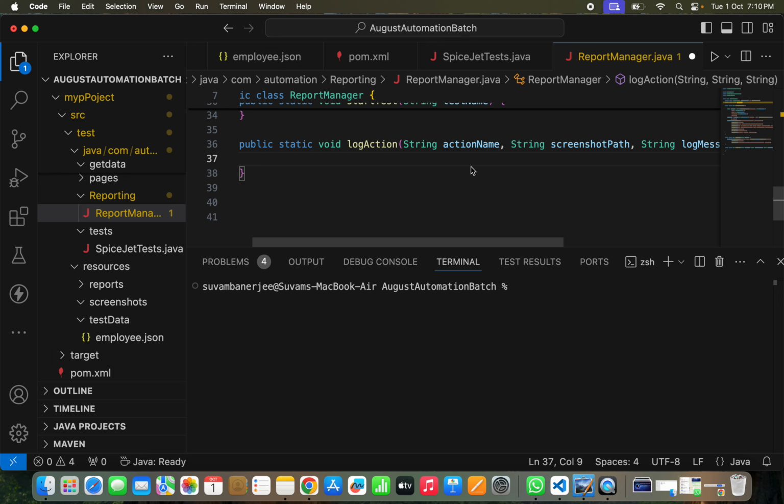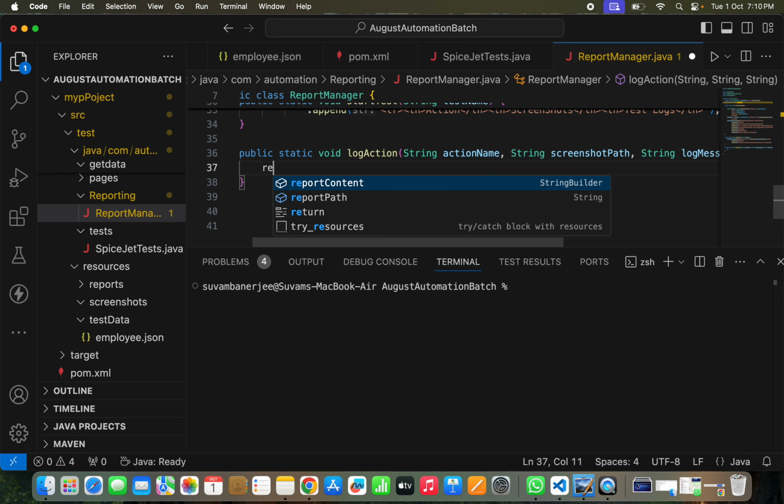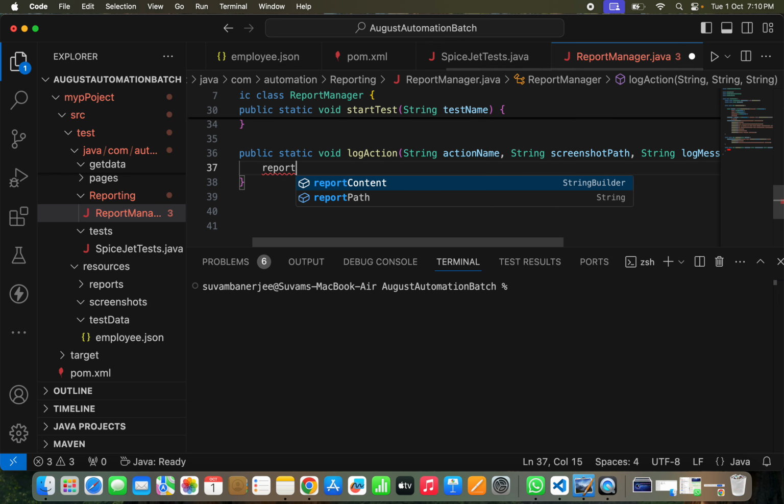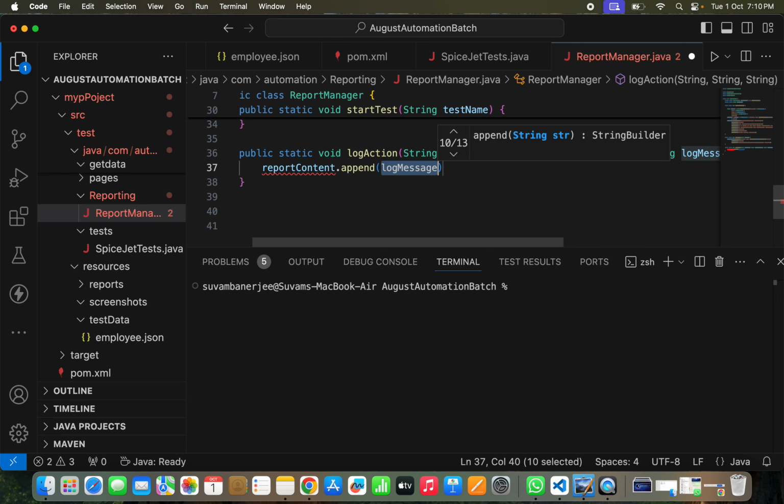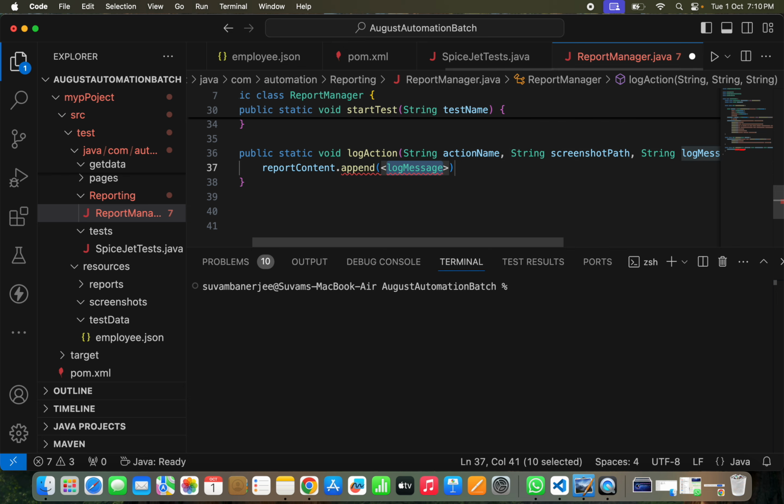So again we have to create that reportContent.append. Now we have to append a tr, right? I mean the row of the test case, tr. Then